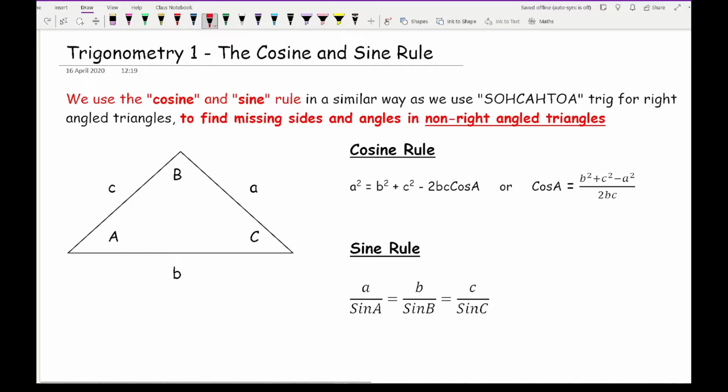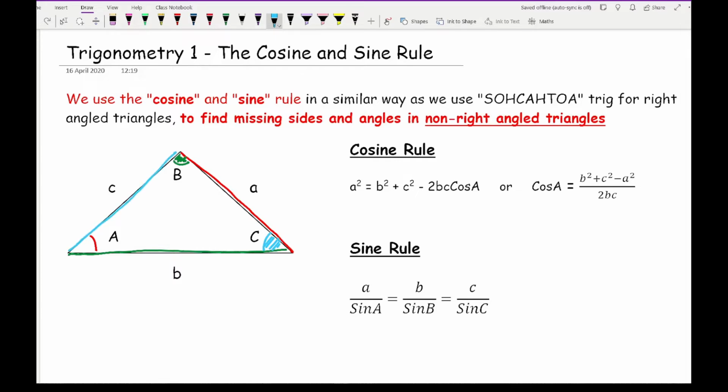Now in terms of labeling the triangle, which is obviously one of the first steps when you're using trigonometry, if you just pick one of the angles, it doesn't really need to be the left hand side angle, and we call that capital A, then the side opposite that, which is this side here, we would label as lowercase a. And likewise, if we label one of the angles B, then the opposite side is going to be lowercase b, and if we label the third angle as C, then the side opposite that would be